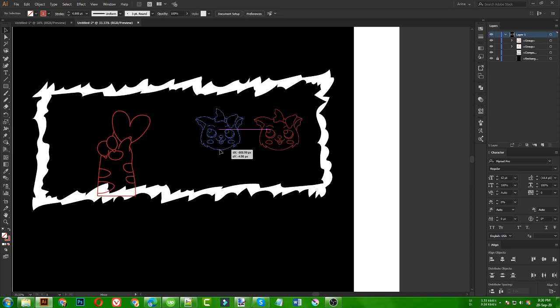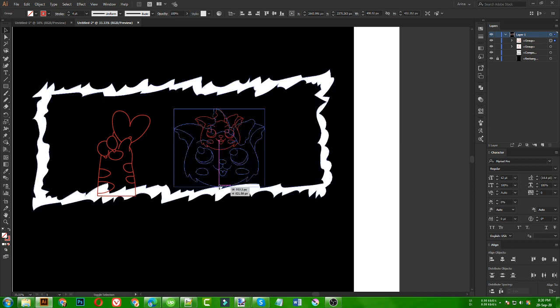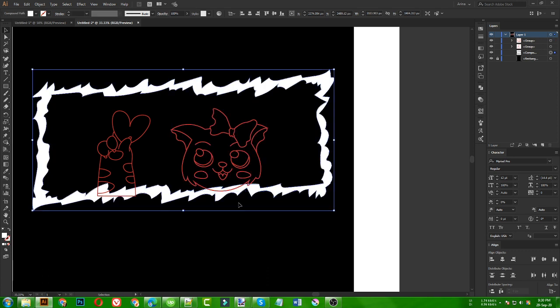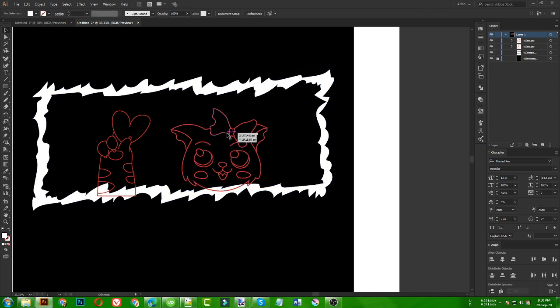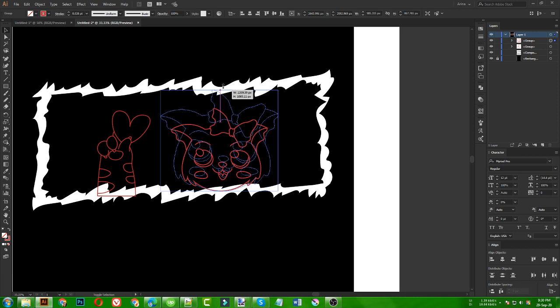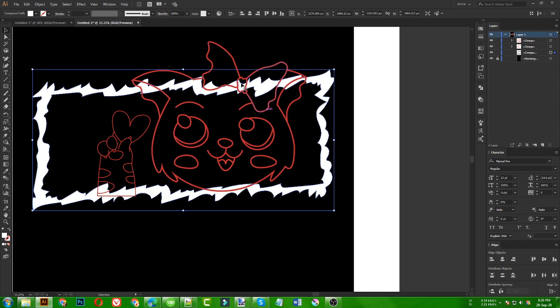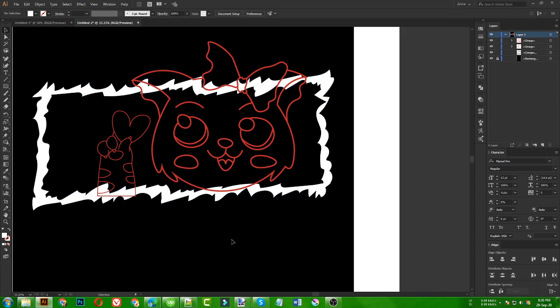Now I need to place my cat head here. I want this head to be a little below this lower part of this effect here, and then going above the upper part here, just like this head is looking inside this t-shirt. So this part will be behind this bar, and this part will be on top of this bar.